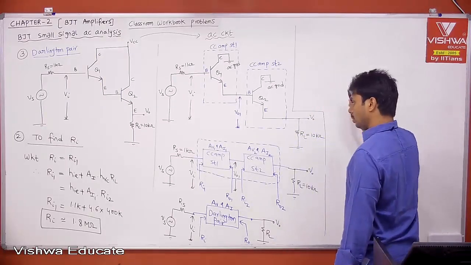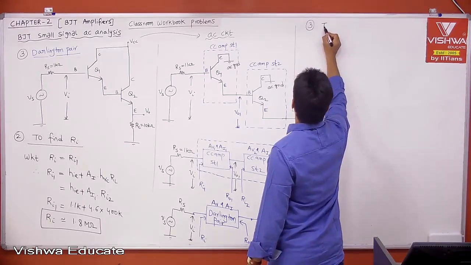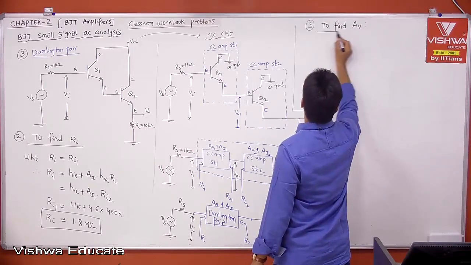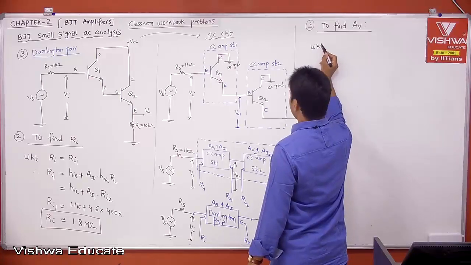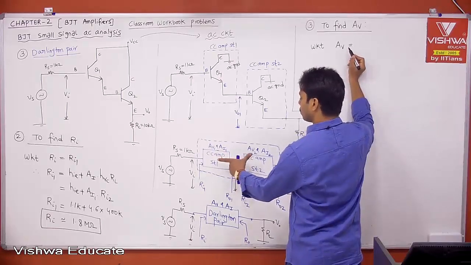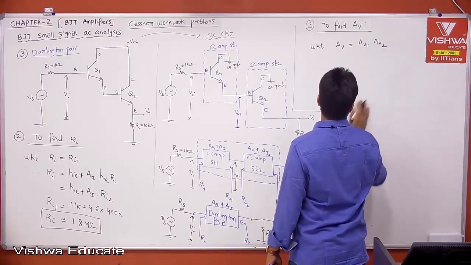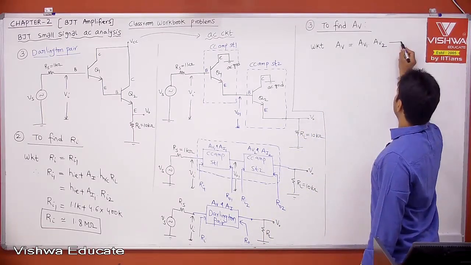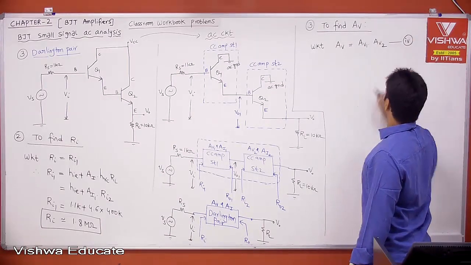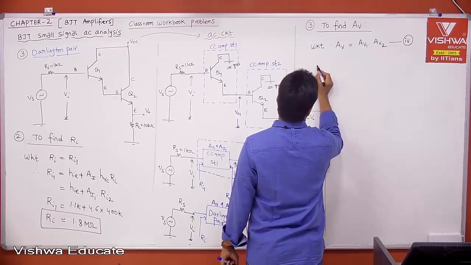Now, third one, to find AV, the voltage gain. We know that. What is AV? The overall voltage gain. AV is nothing but the two stage voltage gain, which is AV1 into AV2. Let me say this is equation 4. Then to find AV1, therefore what is AV1? We know that